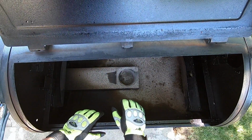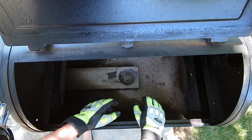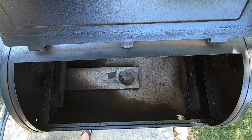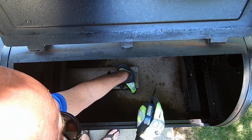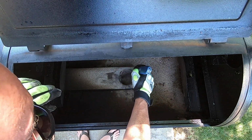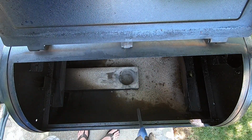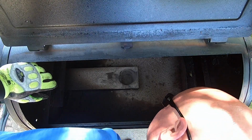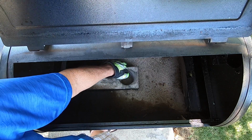All right, so you can see inside here there's quite a bit of ash. I mean, that's got to be probably about the most amount of ash I've ever seen in this. There's chunks down here. There's chunks down in here around the igniter. And I mean, it's not nearly as bad as I thought it would be, considering. But the problem, I'm sure, is inside this, because right here, if you can see my finger right there,